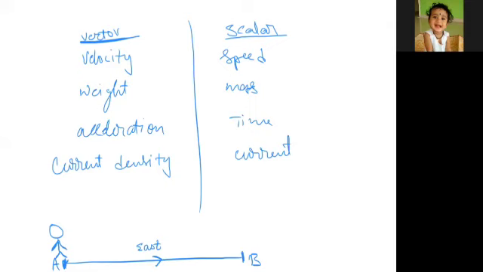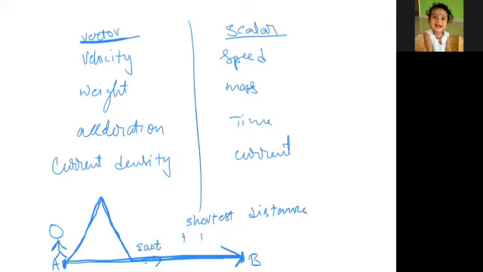Let us say he is going up the hill, down the hill, and then to B. So here he is going like this, then like this, and then like this. But then here the displacement of this person is given by just the shortest distance